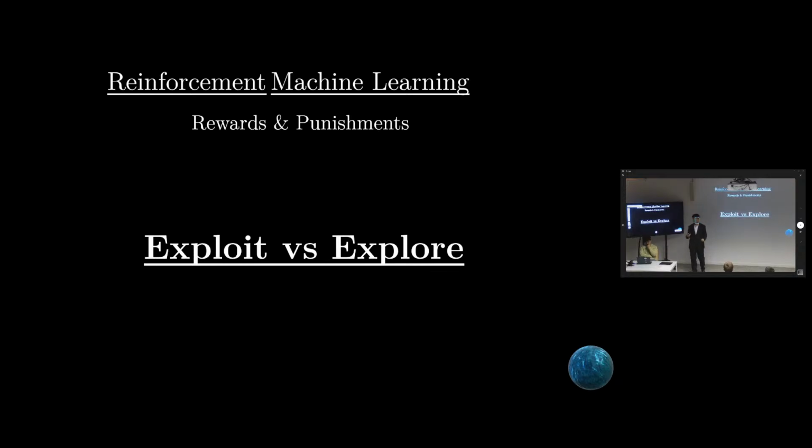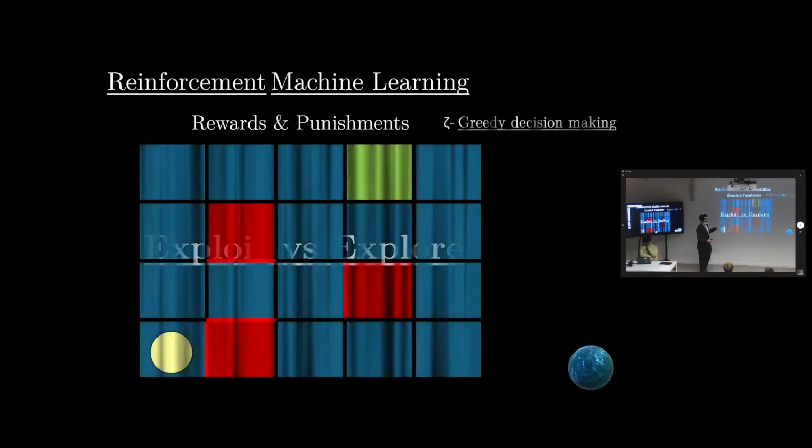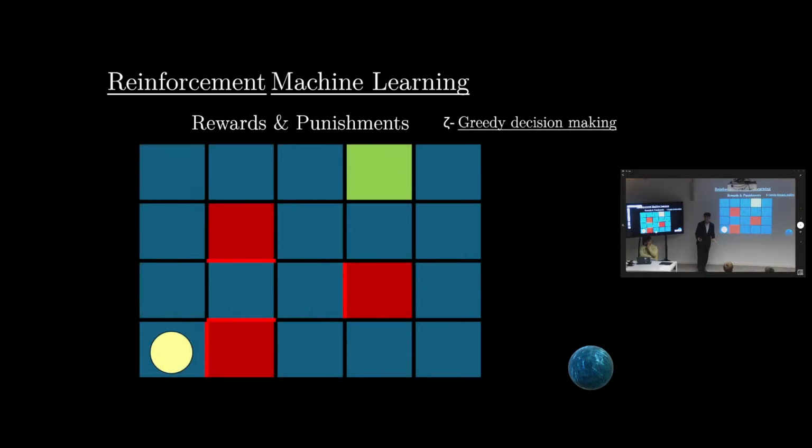And that's what we call the contrast between exploit and explore. When our AI exploits, it uses previous knowledge that it has in order to make inferences. When it explores, it tries new strategies, tries new stuff, and hopefully this will give us a better answer. So instead of using greedy decision making, we use what we call epsilon-greedy decision making. What does epsilon-greedy decision making do? It just means that with probability epsilon, I take a random move. And with probability 1 minus epsilon, I take the best move.